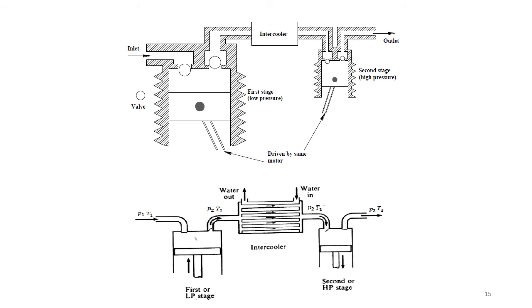This particular diagram shows that there is an intercooler which is used between two stages of the compressor. Usually this intercooler is a kind of heat exchanger, because air itself is a very bad conductor of heat. So in order to maintain a particular compression process as close as possible to isothermal, we must maintain the temperature of the air in different stages. That is why intercoolers are placed in this particular system. As we saw in the PV diagram, it naturally increases the efficiency of the compressor.